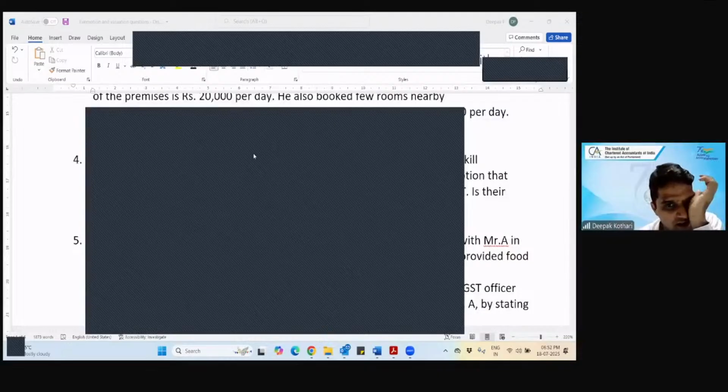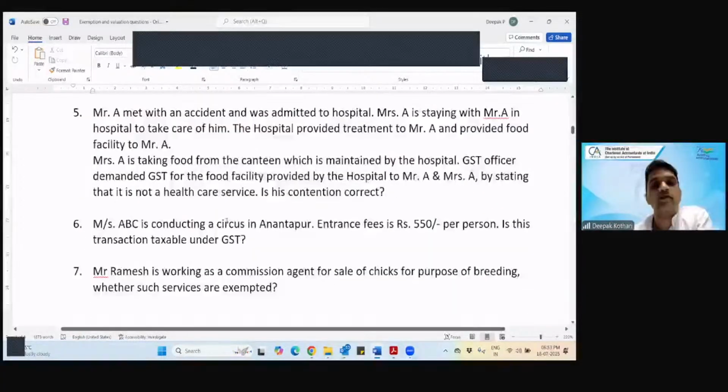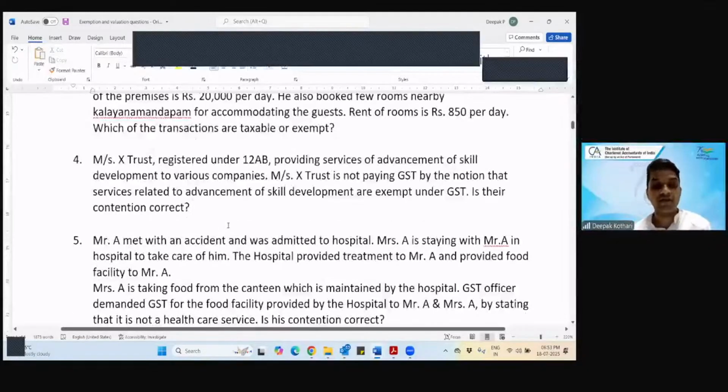Yes, yes, Ishan, you're right. Better, because there's only one notification, Miss Shubi, so better mention that notification. Right, right. So the answer for the fourth one is